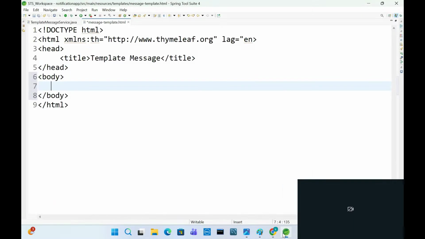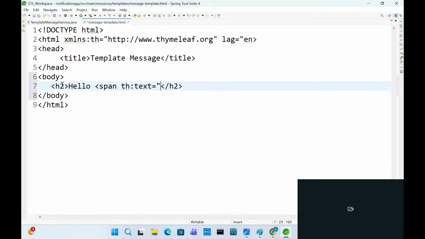So post one, suppose class H2. Hello. After that, let's take a span tag. Span th colon text